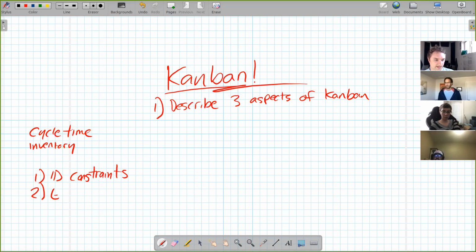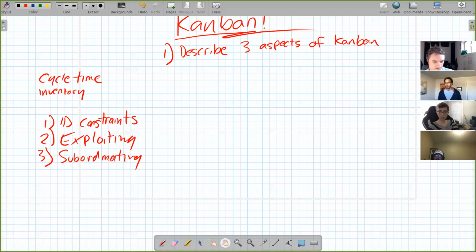Second step was exploiting constraints. Third step was subordinating, I believe. Fourth one is elevating constraints. And then the last one is repeat.